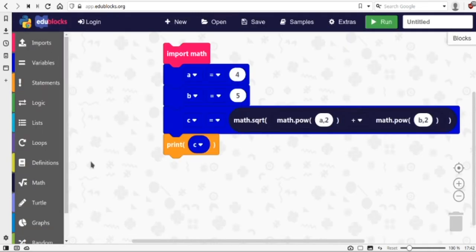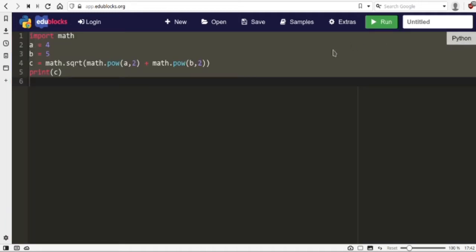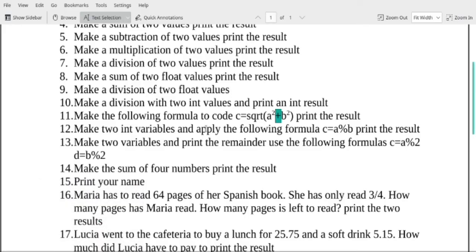In this case, the formula that we made. Over here, once we finish, we're going to click here, and you're going to see the code that is the result of the blocks that we have been making. Okay, you take a screenshot of your work. Now let's move on